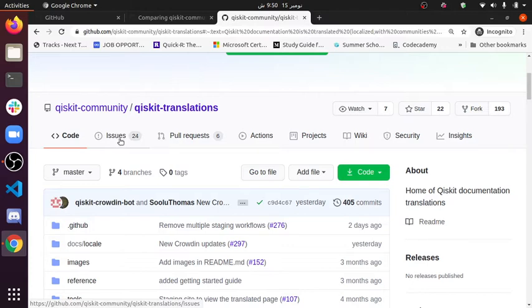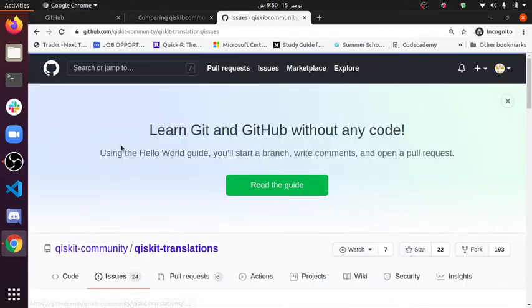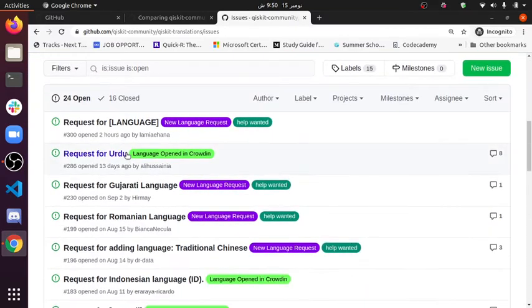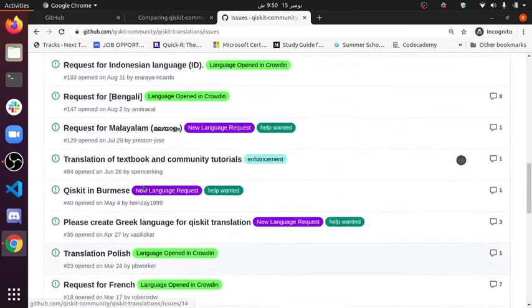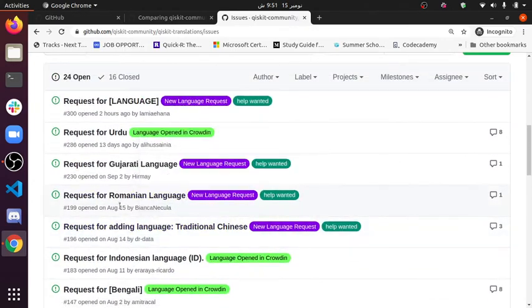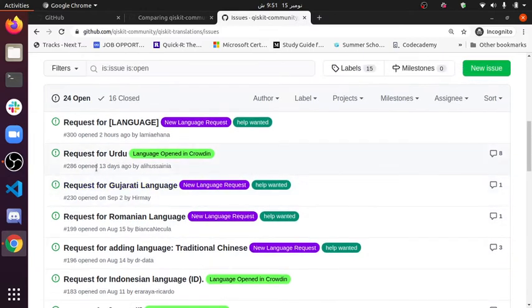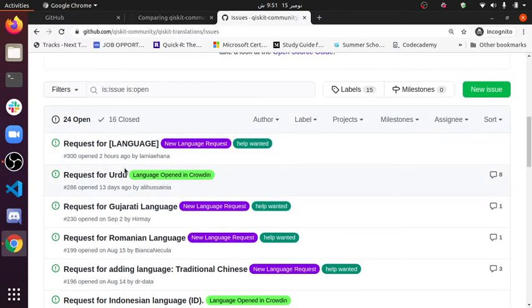Click on the Issues button, and it will take you to all the languages available, and every language has a particular issue. Issue, in this regard, means a request for that particular language.